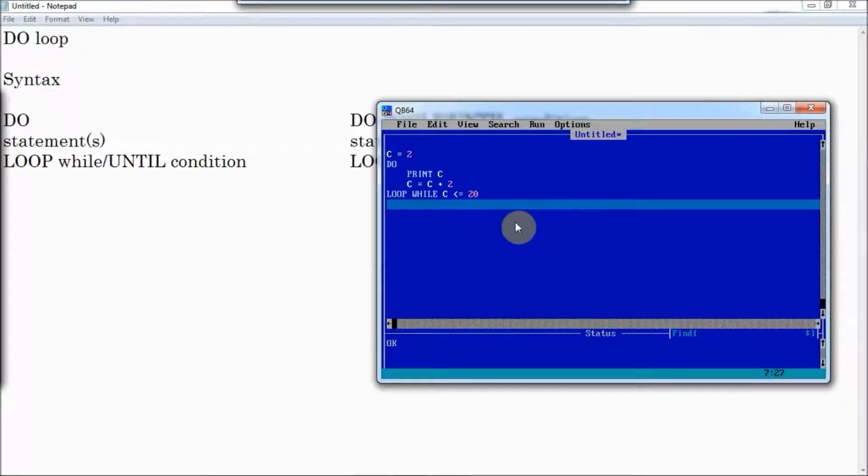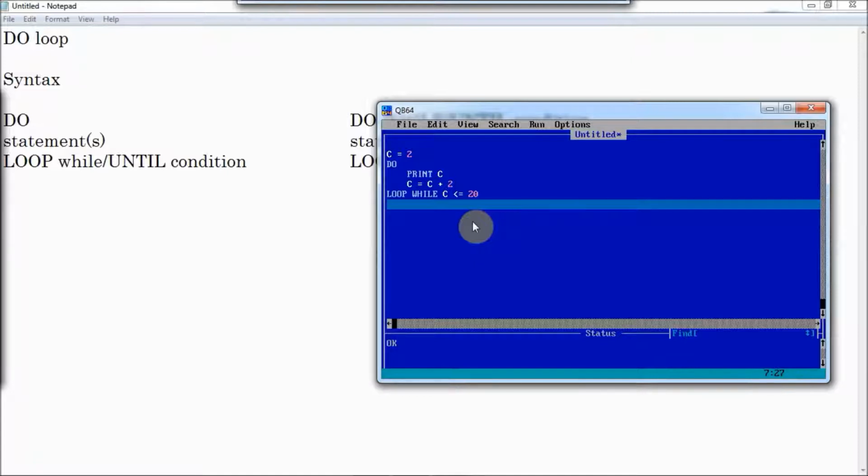Now let's do it using until. Do until the condition is true, or do loop until. While using until, you give the condition just the reverse of the while condition. So if you are using less than or equals to, it becomes greater than.